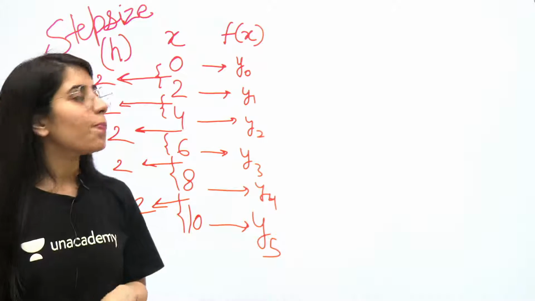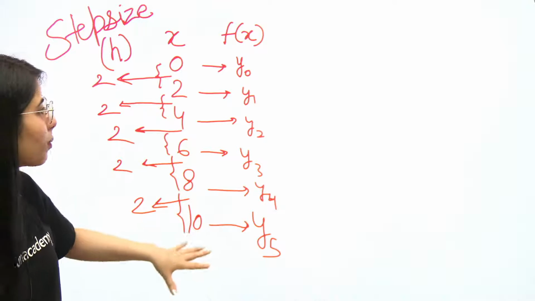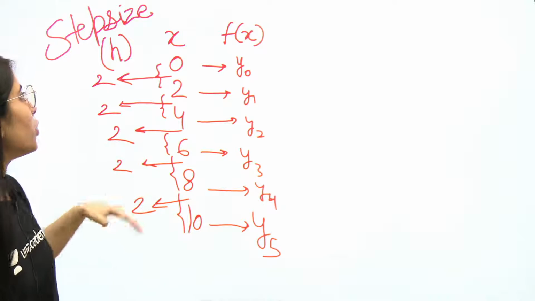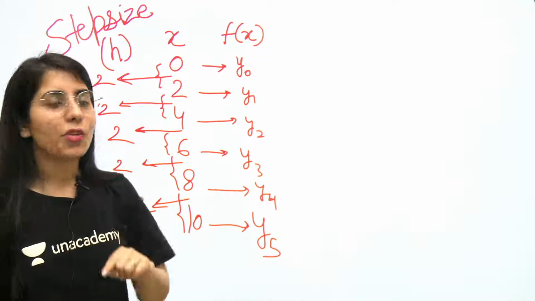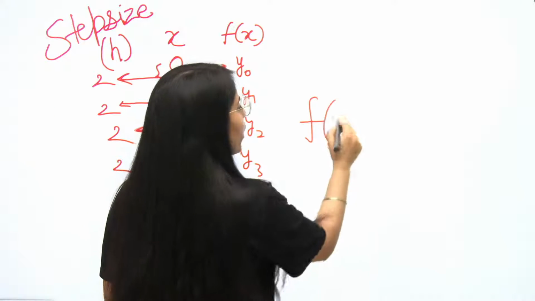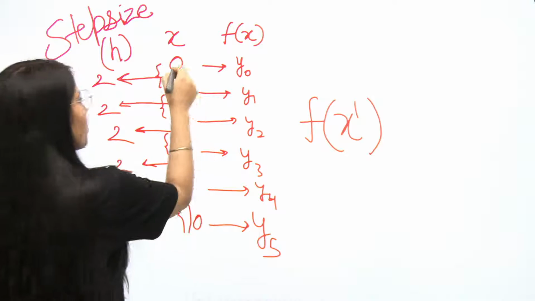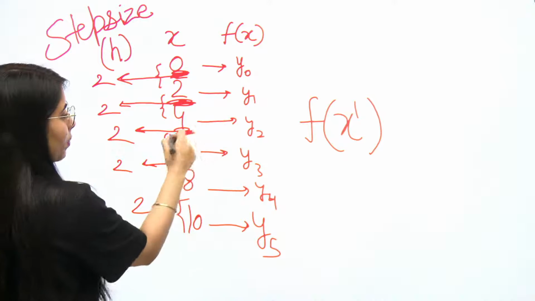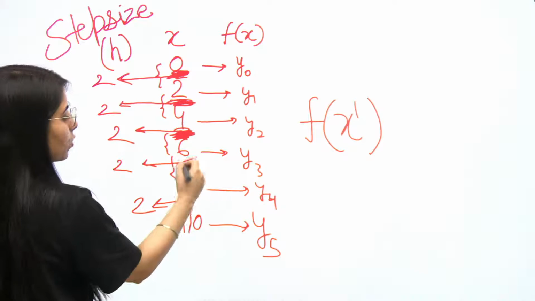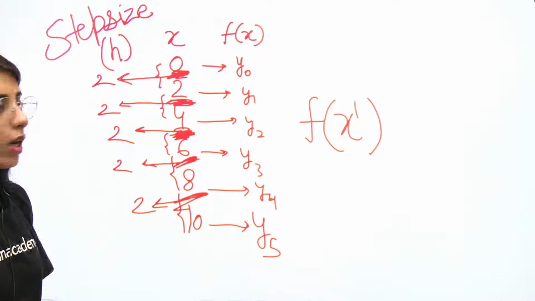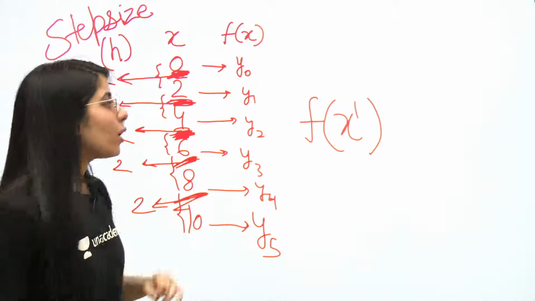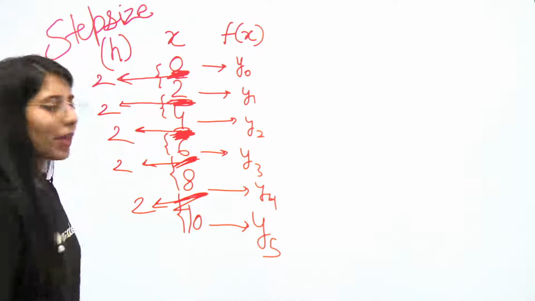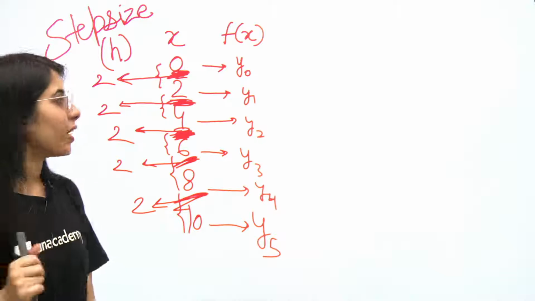I hope you got the question. They will give you a table, such type of table. They will give you the function values and the x values. From there, you need to get the h value, and after that they will ask you to find the value of the function at some point x dash, which will lie within any of these ranges or limits. It can exist anywhere. Now how will you find it? There is a formula as per Newton's forward difference method. Before knowing about that formula, I am going to explain how to make the table.